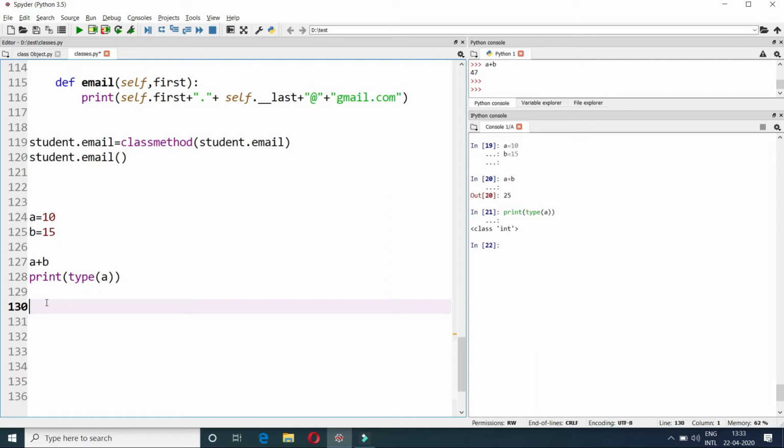So Python treats this a and b as objects only, and it is the same type of object, that is integer type objects, and it is adding two objects together. So behind the scenes there is a function, add. Whenever you call the plus sign, what happens? Actually, I'll show you what happens here. Python automatically calls a magic method, add.